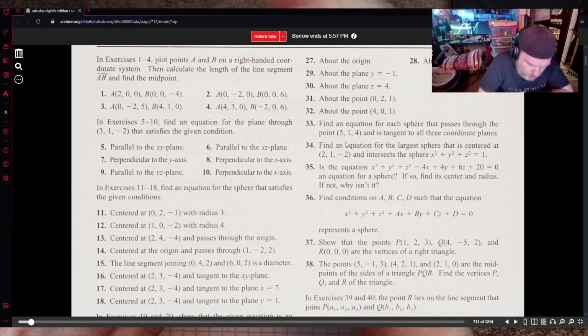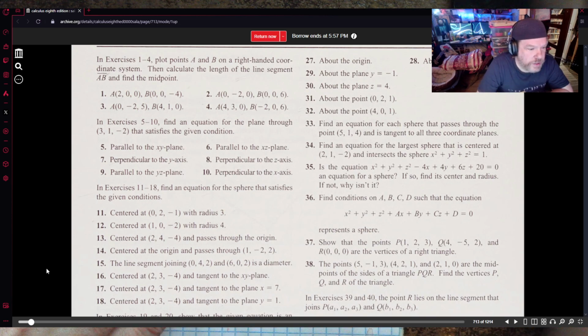All right, so we're going to get d of AB, and that's going to be equal to the square root of x2 minus x1, 0 minus 2 squared, plus